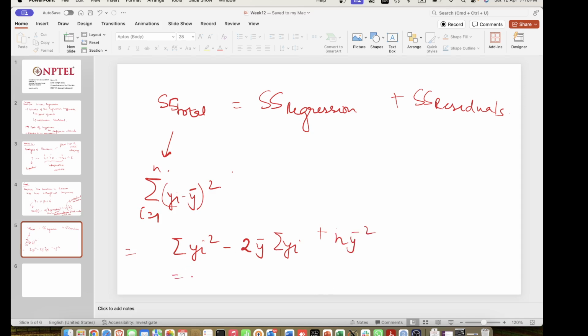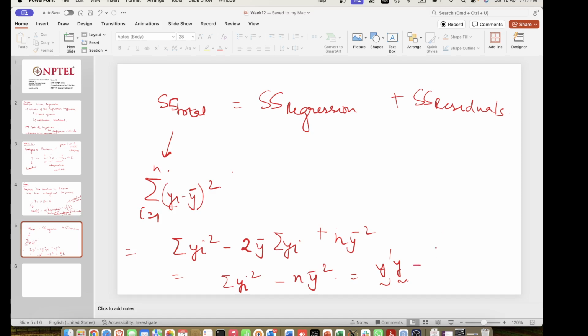So this is summation yi square minus n y bar square, which I can write as y transpose y minus